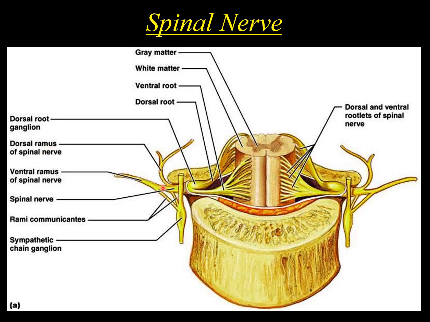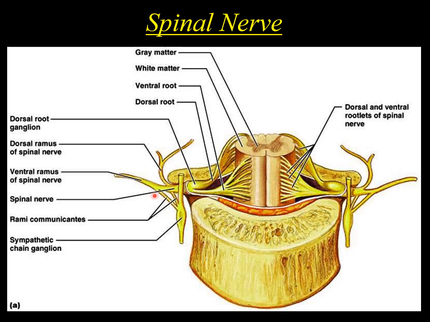So division. Each spinal nerve divides into two rami: dorsal ramus and ventral ramus, or anterior ramus and posterior ramus. It is also known as the dorsal division and ventral division of a spinal nerve. So if you come across the word ramus or division, they are the same, meaning posterior division and anterior division, or posterior ramus and anterior ramus, they are the same.